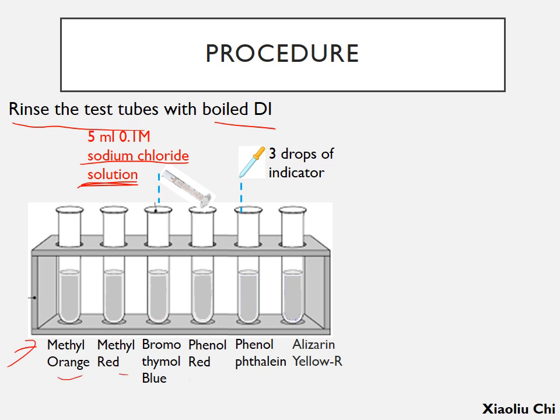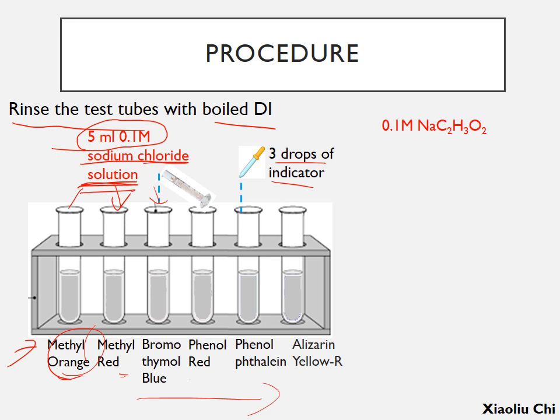And now add 5 milliliters of 0.1 molar sodium chloride solution into each of these test tubes. And then add 3 drops of indicators, first methyl orange and then methyl red as shown here. Observe the color and write it down. Okay, so this finishes the test of sodium chloride, and then repeat these procedures for 0.1 molar sodium acetate,